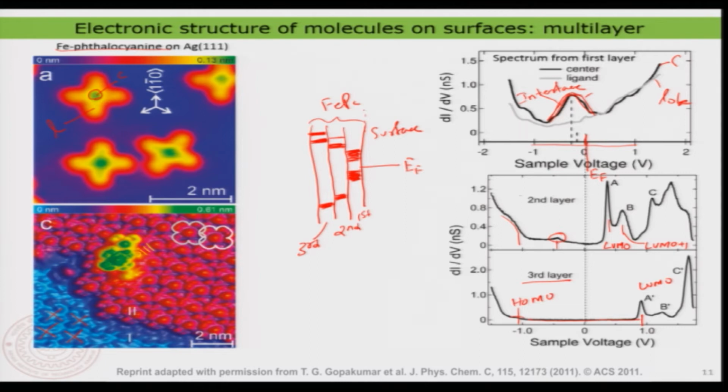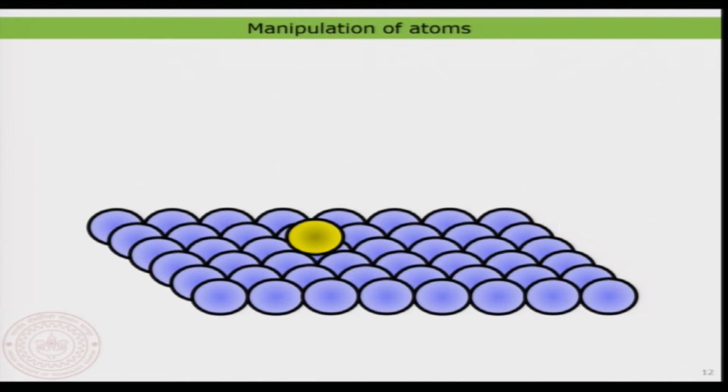You can see a little bit more details in this particular article, and also there are many articles available on these kinds of subjects, but these are typical examples. As I told you, you can use them as reference in understanding the electronic structure of the molecular layers on surface. Well, I would like to conclude here, because I want to switch now to a new topic